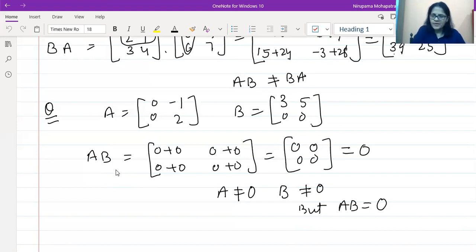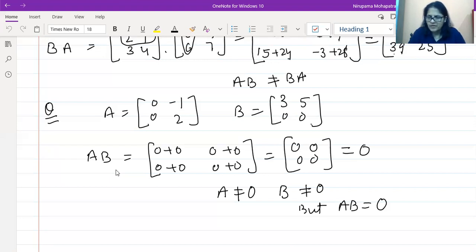Okay, so I'm clear here. All of you understood the concept. Why the condition of two matrices? I mean, while we multiply two matrices, why the condition is that the number of columns of the first matrix should be equal to the number of rows of the second matrix? Why is this condition there? Second thing is, what is the procedure of multiplying two matrices? Third thing is, even if we are multiplying two matrices, not necessarily we will be getting AB equal to BA. I mean, in general, matrix multiplication is not commutative, right?